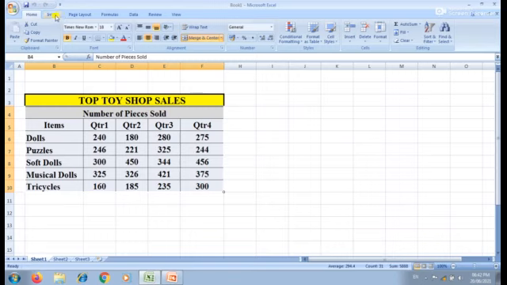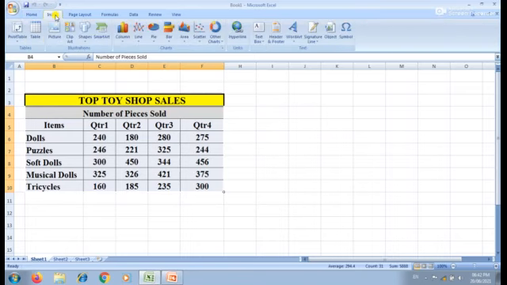After clicking the Insert tab, many groups are displayed: tables, illustrations, chart group, links group, text group. In the chart group, many types of charts are available. We can choose any type of chart. So here I will choose the column chart.